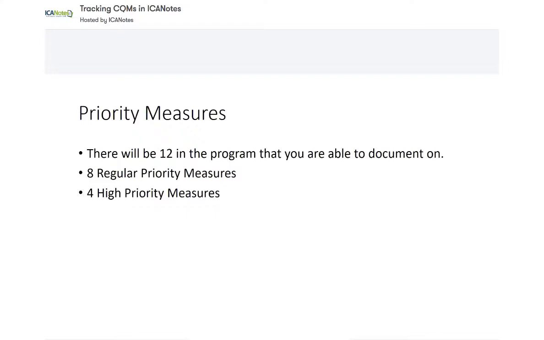And what we did in choosing this, and we'll go over this a little bit more, we picked what people use the most. So as far as providers, we picked what you use the most, what are the things that were hit the highest, and then that's what we included in our documentation, because our goal at ICANotes is to help you meet your goals as far as this CMS measure. So we've kind of gone over that, MIPS and Medicaid, and kind of how to report, and the 12 priority